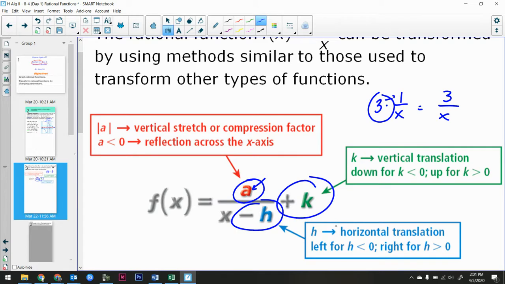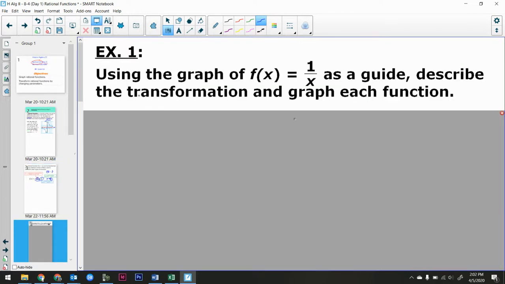And then this k value here, that's obviously the one that moves up and down, the k value, okay? Which makes sense. It's always been that number sitting outside on the end. Still, think way back to y is equal to 3x plus 2. That was your up to, right? The number sitting out with a plus or minus sign on the end is a vertical translation. Same thing here. Okay. So using the graph of 1 over x as a guide, describe the transformation and then